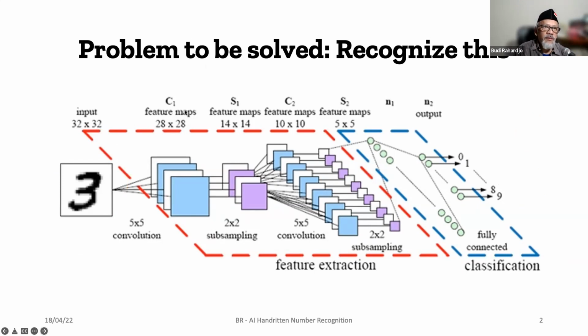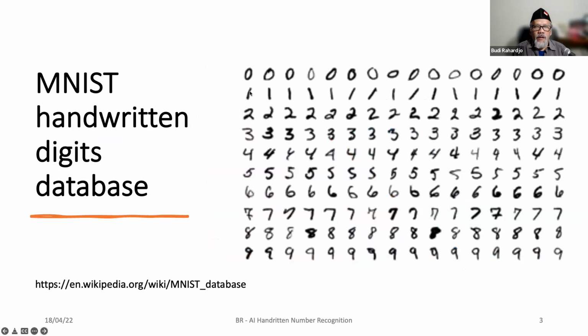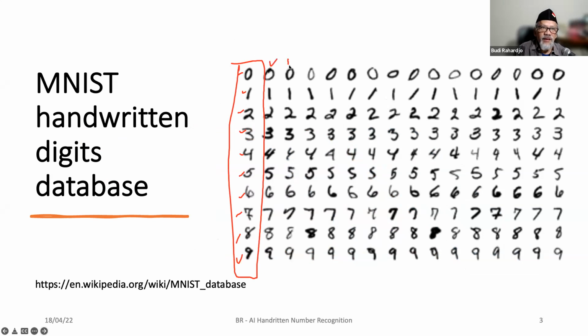Okay, now how are we going to do that? Well, what we're going to do is this. First, remember when we talked about data set? We have to have a collection of data. So we have a collection something like this, for example, 0, 1, 2, 3, 4, 5, 6, 7, 8, 9. So this is a set of 0 to 9. And then we have another set, and so on and so on. We have to have thousands of these, and they are in individual files.